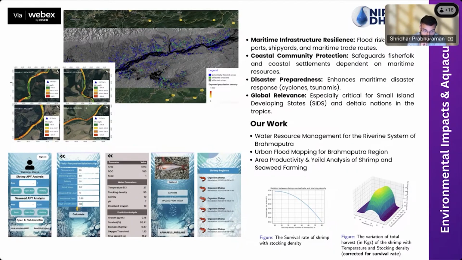Area production and yield analysis. Now, shrimps. We are one of the largest exporters of shrimp in the country, and it contributes significantly towards the blue economy. We created a simple regression model. A lot of these solutions do not require extreme computations, because of the aspect of simulations, but also because of the usage of machine learning and regression models that we can use to identify these.